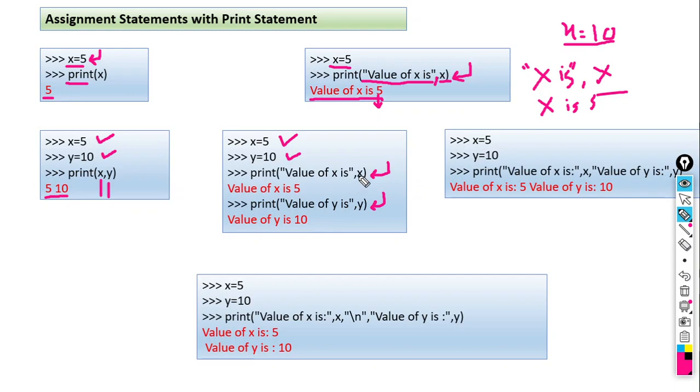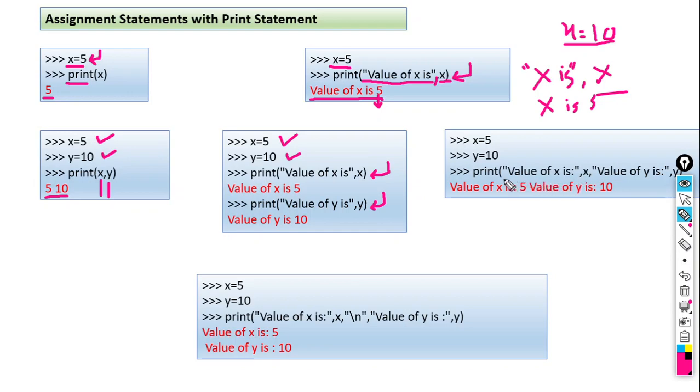So x is having value 5, y is having value 10. Our print statement is like this, that's why we get the output in this form. This is the second one. Same example: again two values are stored, 5 and 10. Only the print statement is different. You can write it in a single print statement. Value of x is, then complete the quotation mark, comma, x.